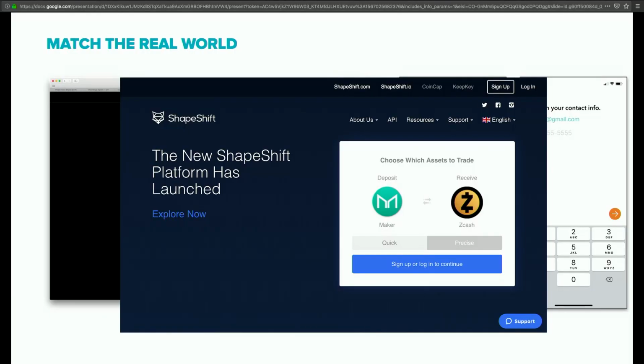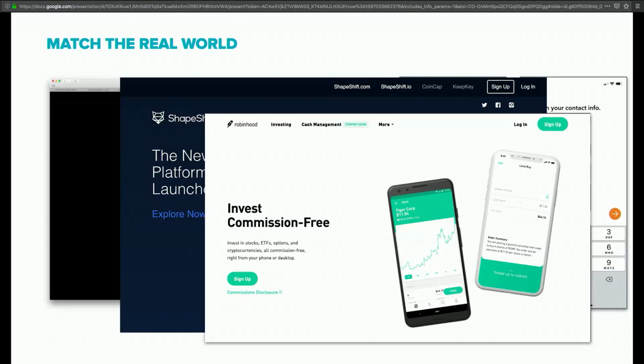I think there's a couple others, right? What did you want to say about this one, Kate? Also important are the words we use. So this is what you were talking about with the jargon. What do we call an individual unit of a cryptocurrency? Shapeshift refers to them as assets. You can deposit them or you can receive them. Robinhood, which also deals with cryptocurrencies, says cryptocurrencies. Coinbase also says cryptocurrencies. We have a few ways to refer to not just the cryptocurrency itself: assets, coins,